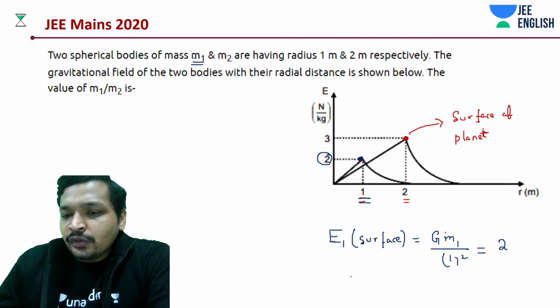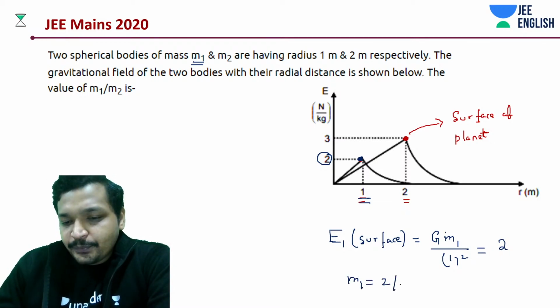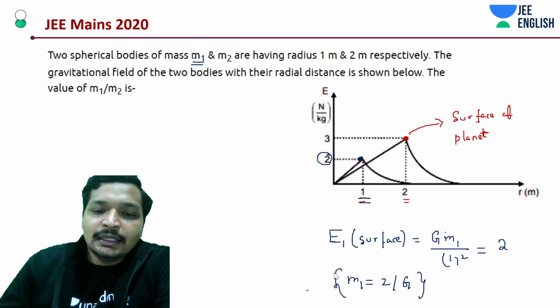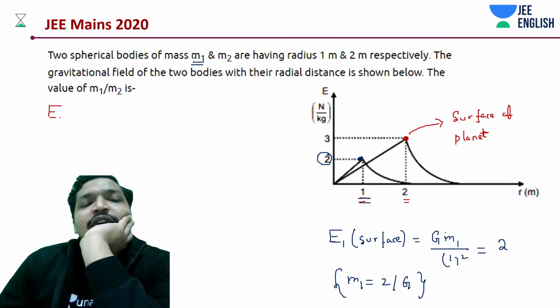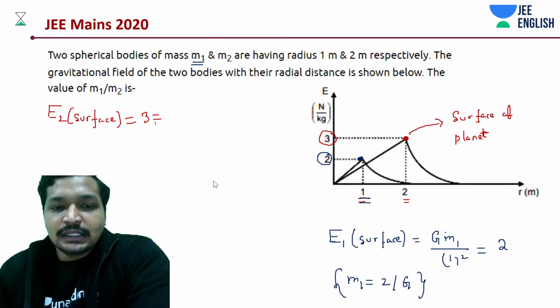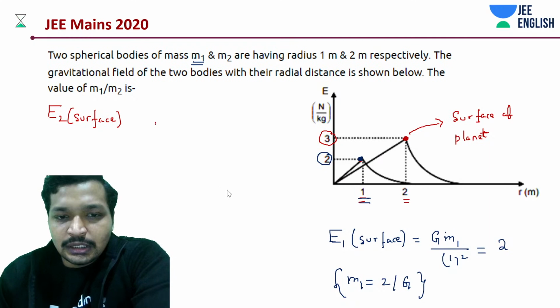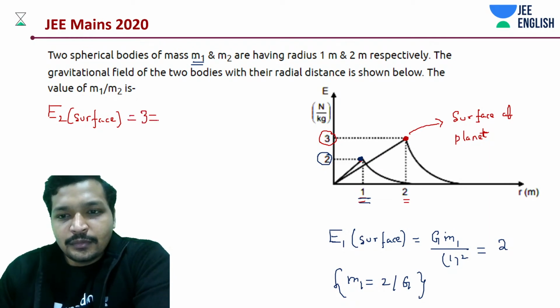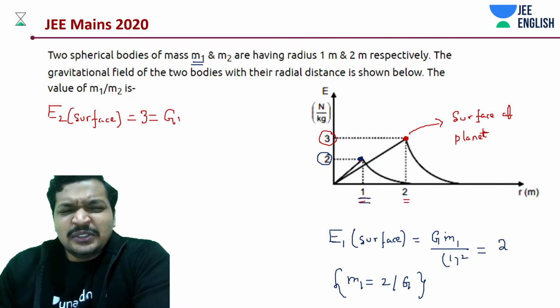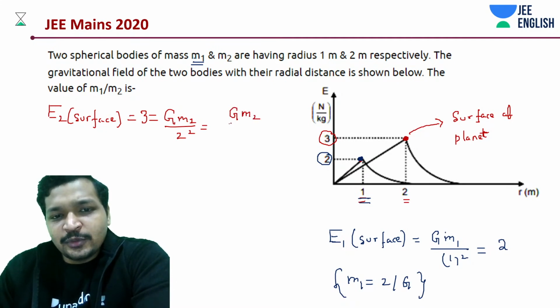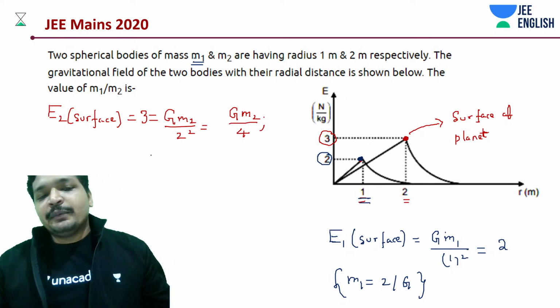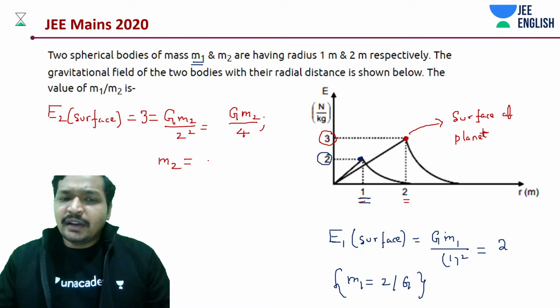So then what do we know? We know m1 should be how much? 2 by g. Simple. And then we do have E2, which is like on the surface of planet 2, having how much? 3 some Newton per kg as its maximum field on the surface. Okay, and this is going to be how much? G into m2 divided by 2, going to be G m2 by. Okay, then what is the value of m2? M2 is going to be something like 12 divided by